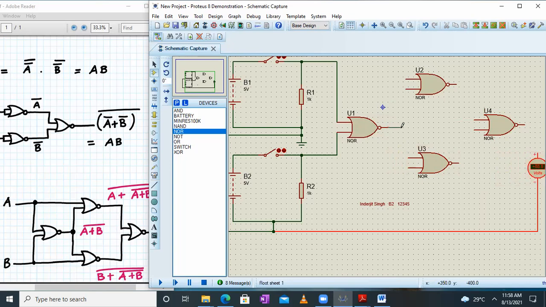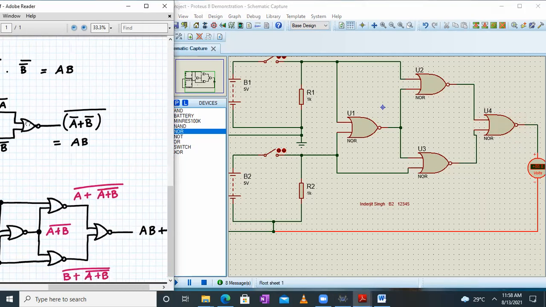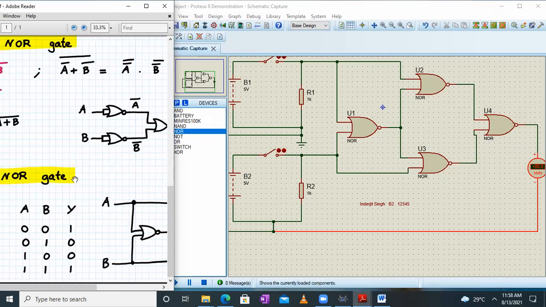So here the inputs are connected to the next NOR gate like this, and this input is again going towards the next NOR gate like this. So we can quickly do the connections. It will hardly take a minute. And then the output of this NOR gate is going to the input of the fourth NOR gate. Yeah. So I have made the connections now, and I'll connect the output of the last NOR gate to the digital voltmeter. Now the circuit has been made, and now we have to check the functionality whether it's working as a XNOR gate or not.